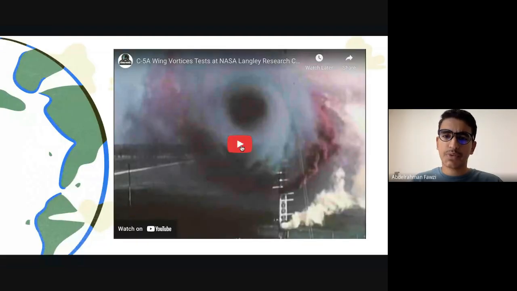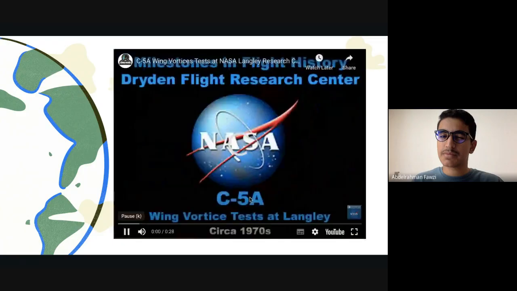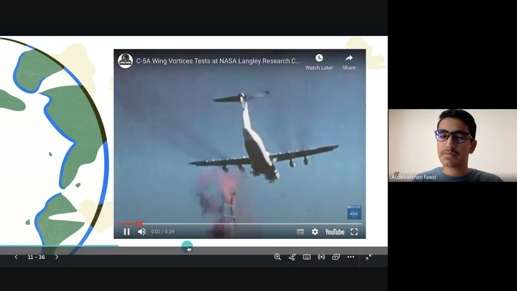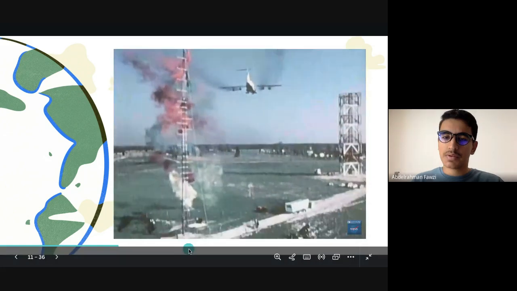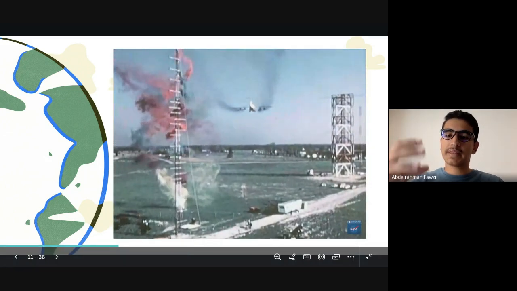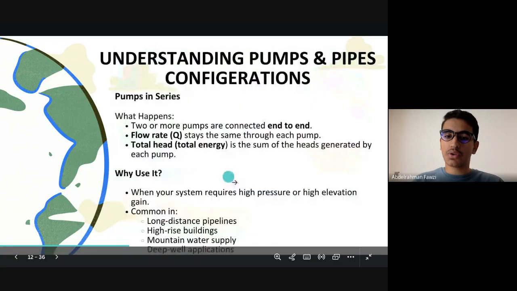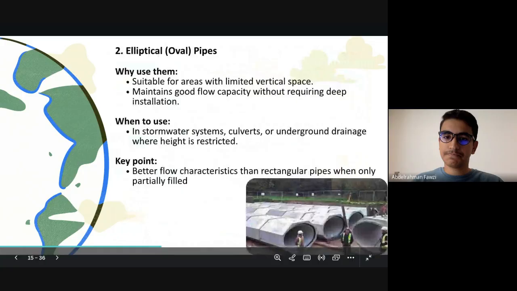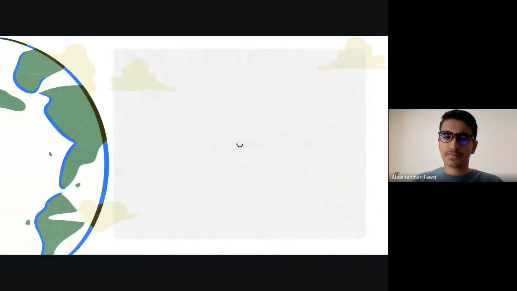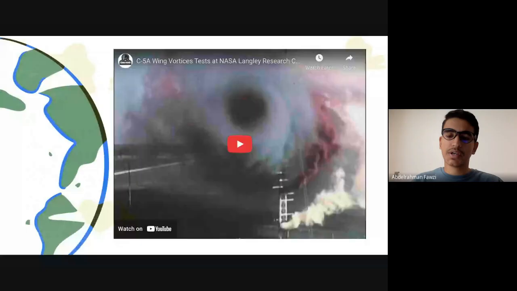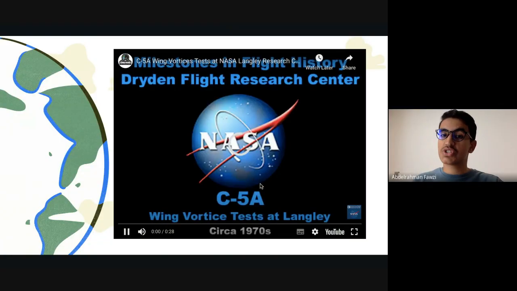Okay. So this is an experiment that was made in the 70s, as I remember. There's a vortex that the airplane usually causes when it flies at lower speeds. Yes. So this vortex that you are seeing here is due to the friction. There is friction, and due to the friction, we had this turbulence, which is quite big, as you can see in the video.